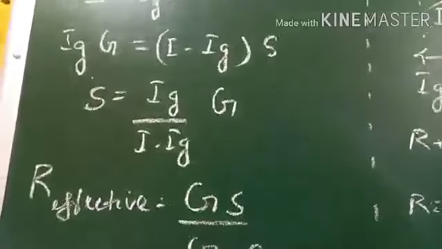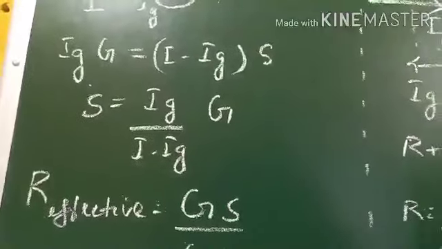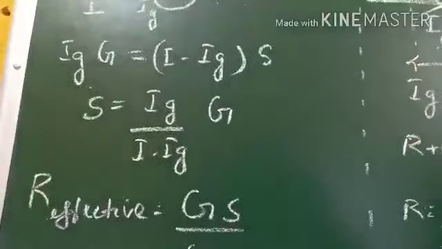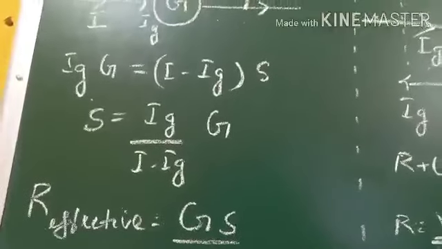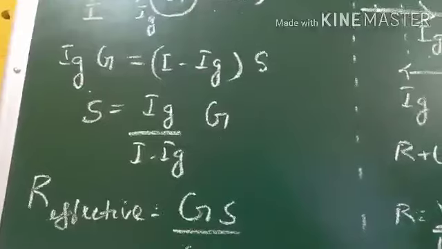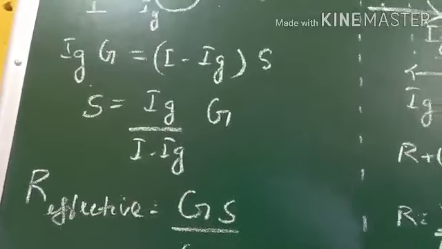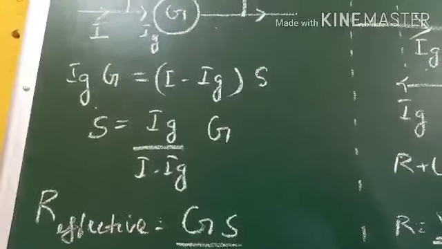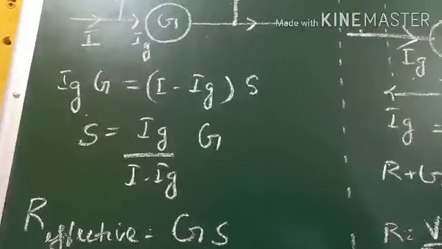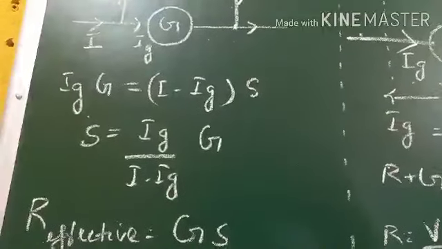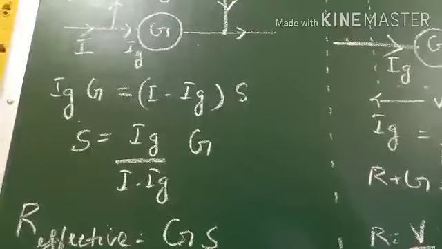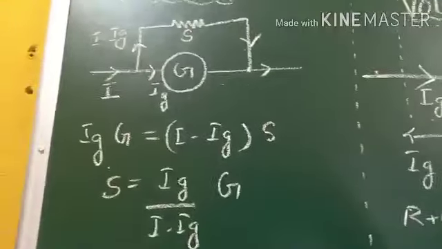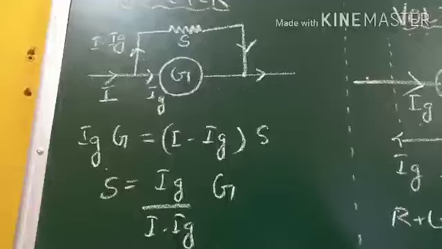Now, the higher the range of the ammeter to be made from the given galvanometer, the lower will be the value of the shunt resistance. It means that if you want to increase the range, accordingly a lesser value of the shunt resistance has to be used. One more thing, note down: the ammeter of lower range has higher resistance than the ammeter of higher range. And the range of an ammeter can be increased, but it cannot be decreased. All these are the general points regarding the conversion of a galvanometer into an ammeter.